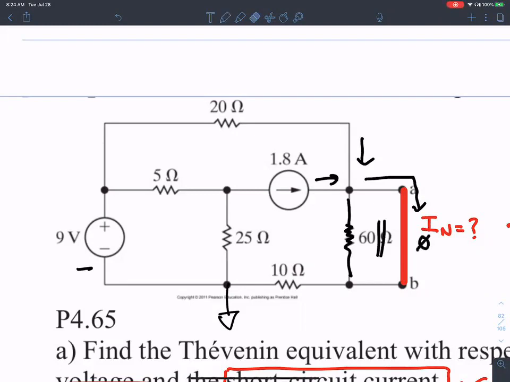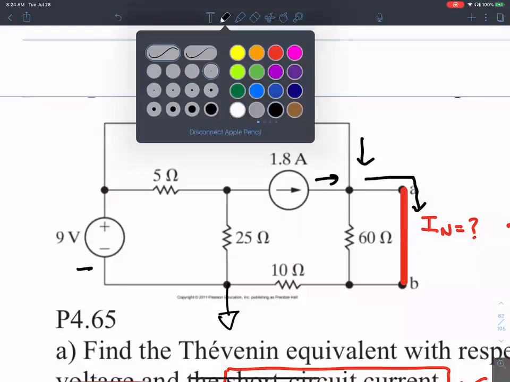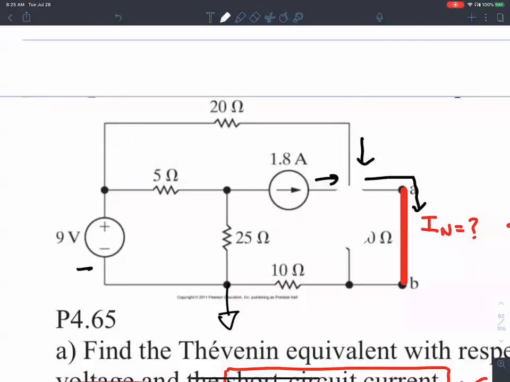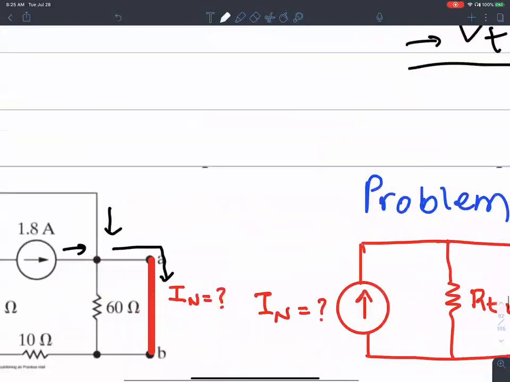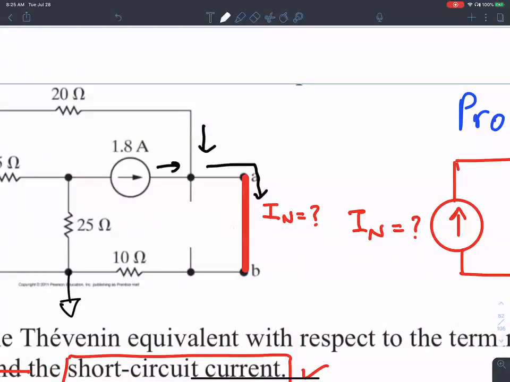Short is a 0, right? So the equivalent resistance of 60 and 0 short is 0. So this 60 ohm resistance is eliminated